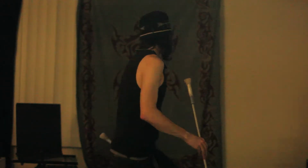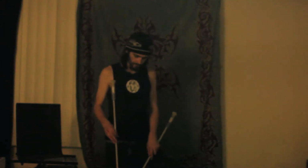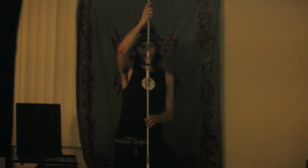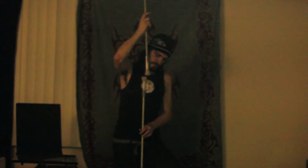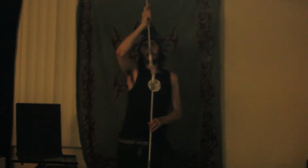So, basic two ways are going to be, each way you're going to have either a real spin or a static spin. You got either. So that being said, I could take from here and I could do an R-type choo-choo, which is non-rotational with one staff,